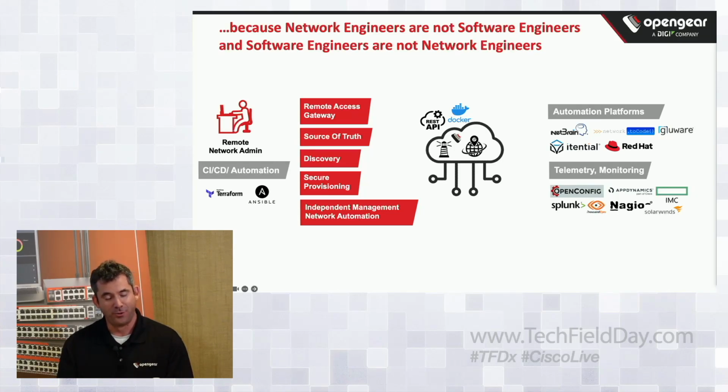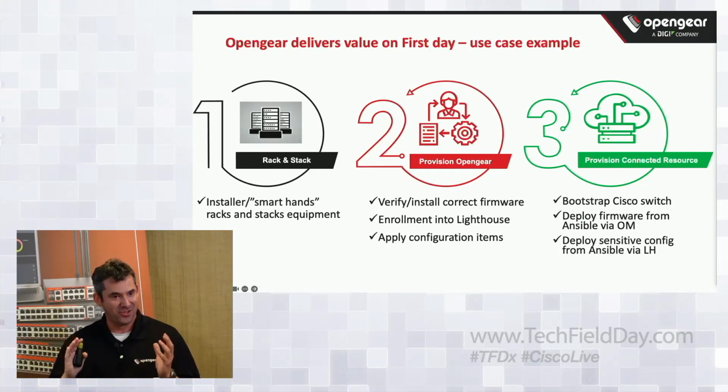And I know you're anxious and you necessarily came in to listen to me, but I'll just try and set up, frame what we're about to demonstrate here based on this technology. I'll start with a real use case example from one of our largest Fortune 100 companies, where there's a fairly complex, large installation, where they're using a typical VAR, third-party installer, smart hands to basically rack and stack